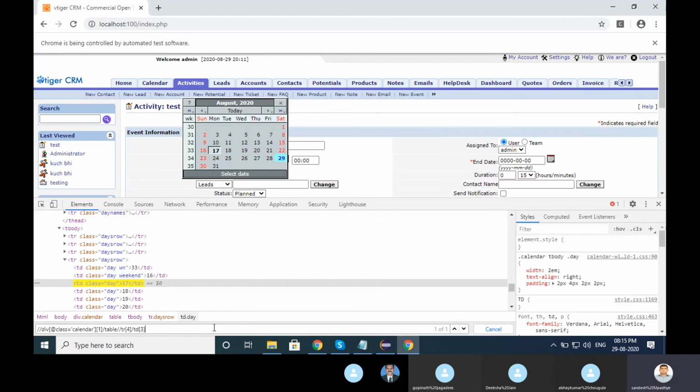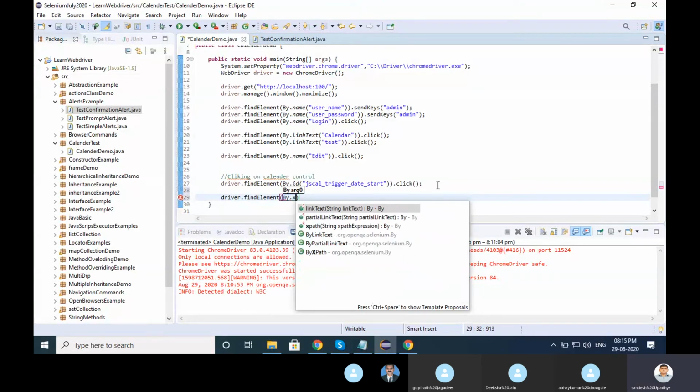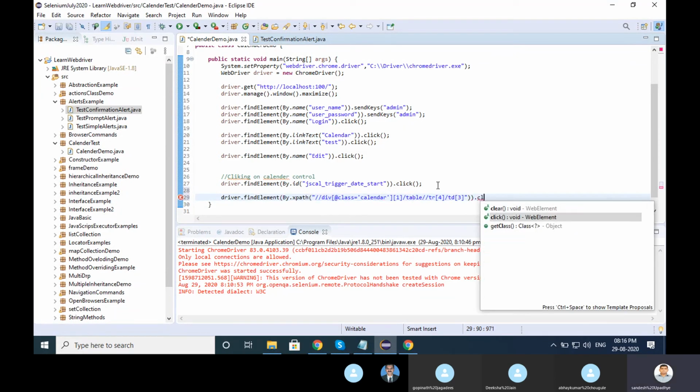Whichever one you are comfortable with, you can take that XPath itself, very simple XPath itself, and just pass that XPath. Driver dot find element by dot xpath. Click.